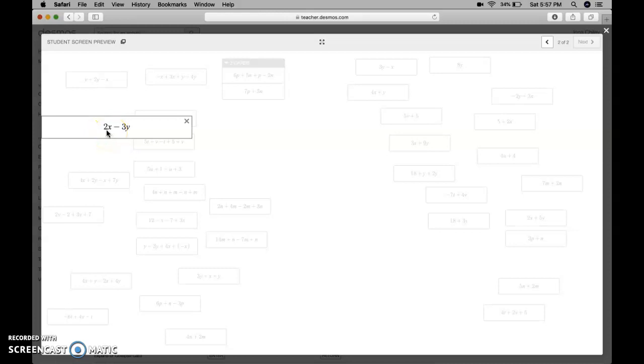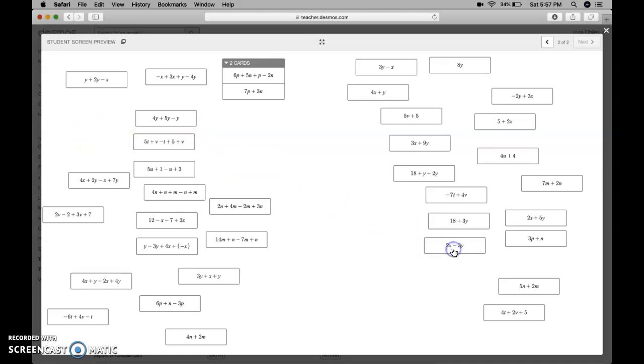This one here, 2x minus 3y, there are two terms here, the 2x and the 3y, but they don't have matching variables. They are not like terms, and so this algebraic expression cannot be simplified any further. This is already simplified. This one is going to go on this side of the screen. So you could split the screen in half, with one side for algebraic expressions that need to be simplified, and on this side all the algebraic expressions that are already simplified, and then start pairing them